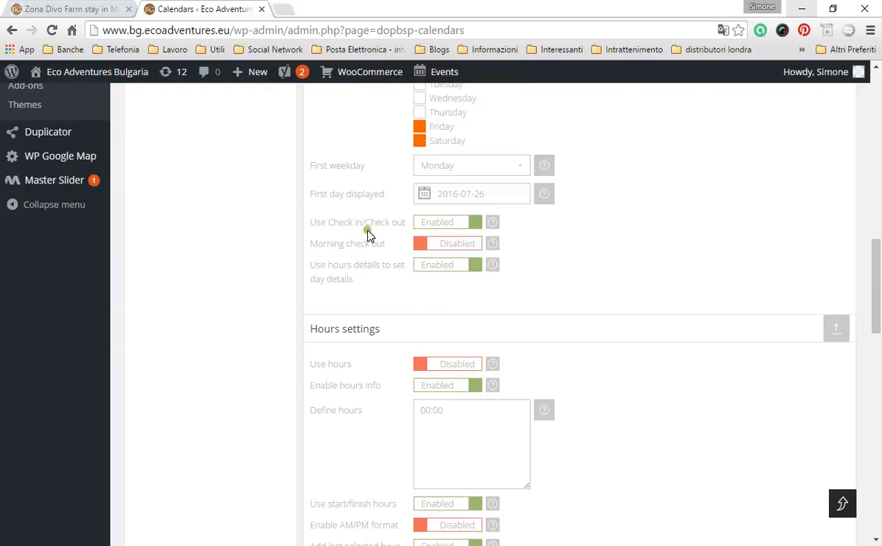Use check-in and check-out. This booking system,